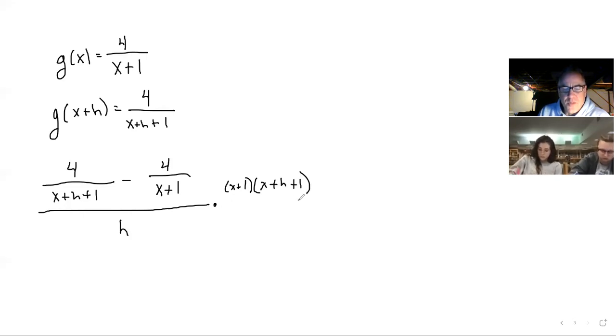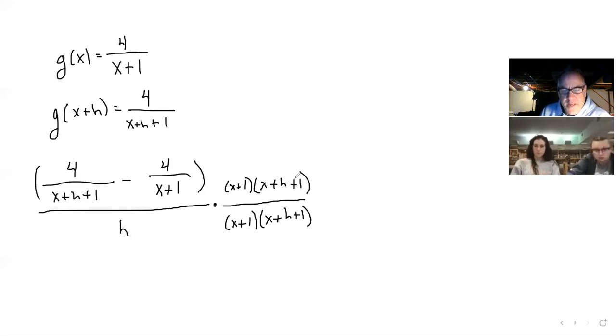And as long as I multiply top and bottom by that, I'm just multiplying by 1. So we're good. Now, this one, I've got 2 terms up in the top. And understand you can think of this as being over 1 and distributing it in. That's going to eliminate the complex fraction because you're going to get these denominators to cancel out on the top. So when I distribute through here